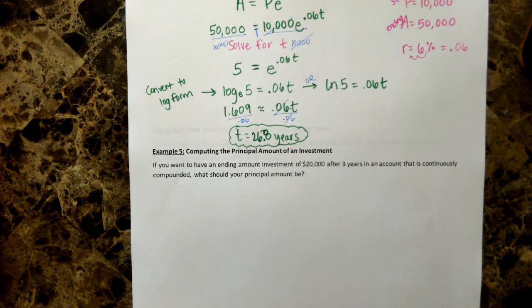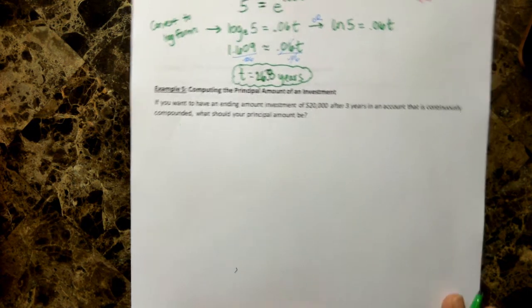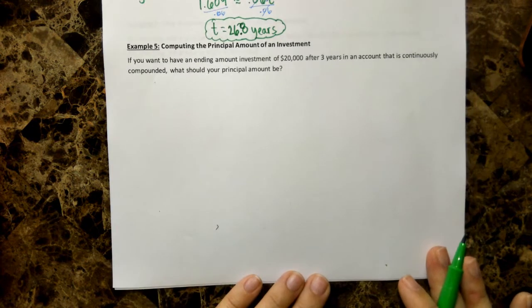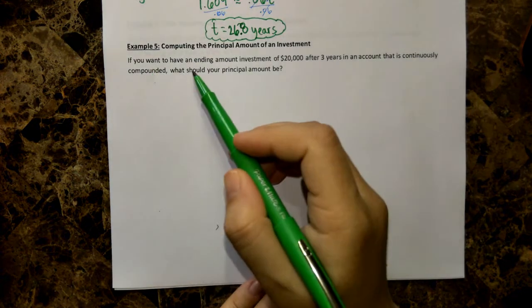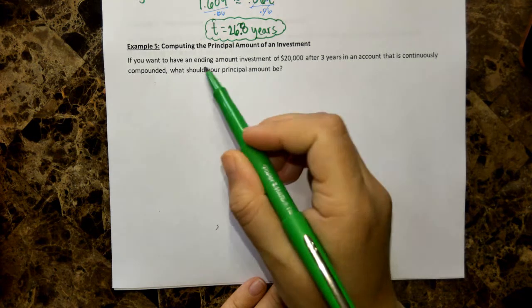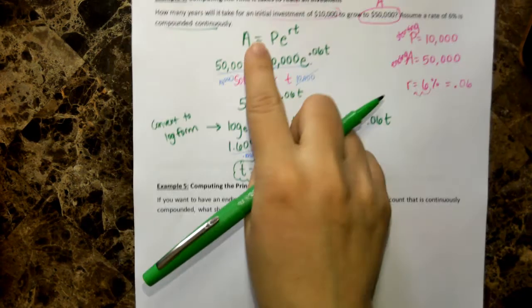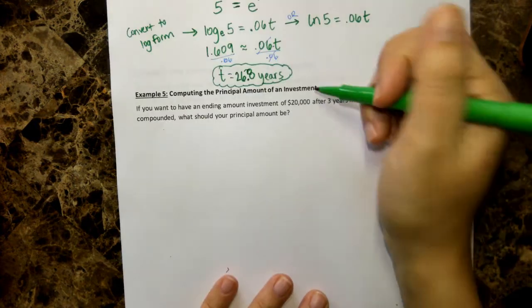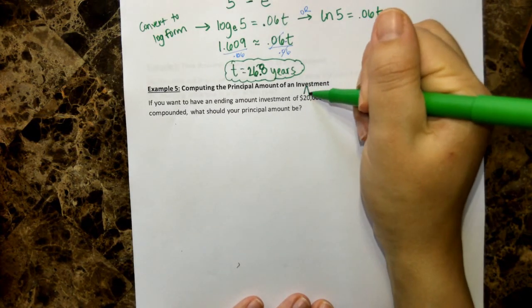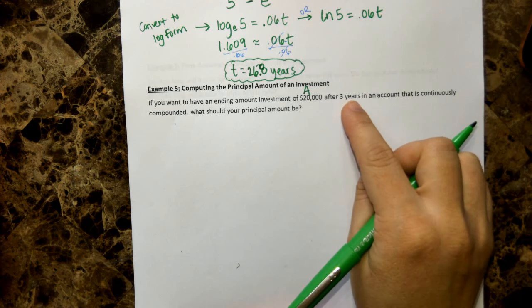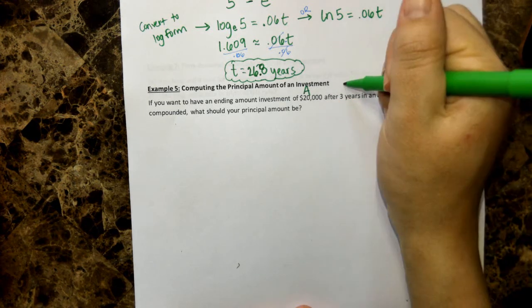All right, let's go ahead and do another example. Okay. All right, example 5. If you want to have an ending amount, so you already know what the ending amount is going to be. You want it to be $20,000. So my ending amount will be A, so I'm going to go ahead and just call it A. After 3 years, that's how many time in years, so I know that's going to be our t value,